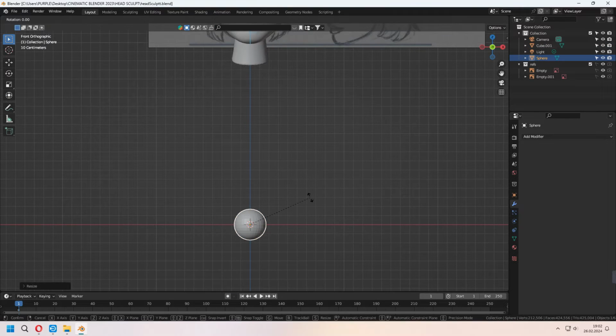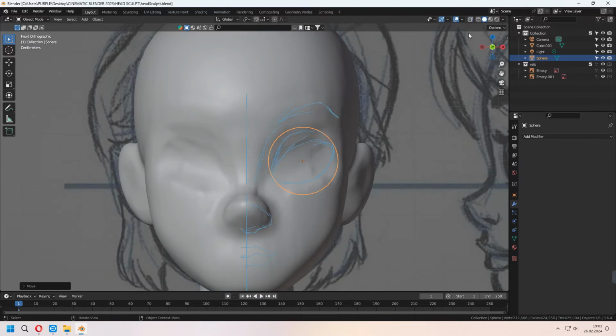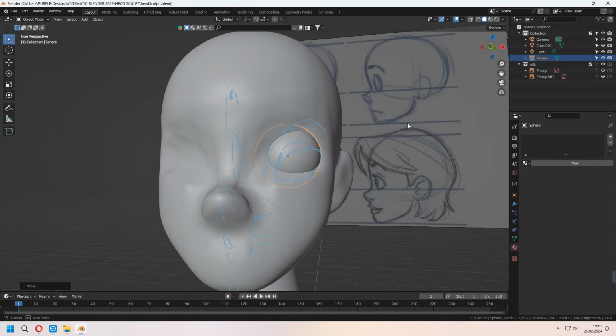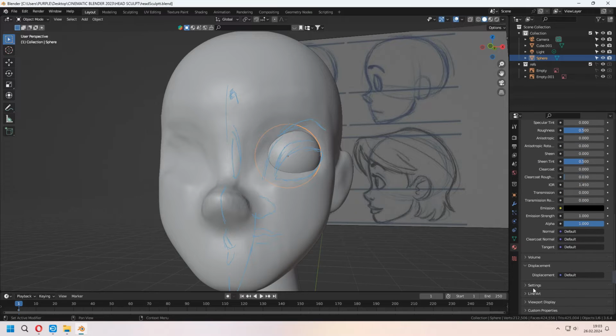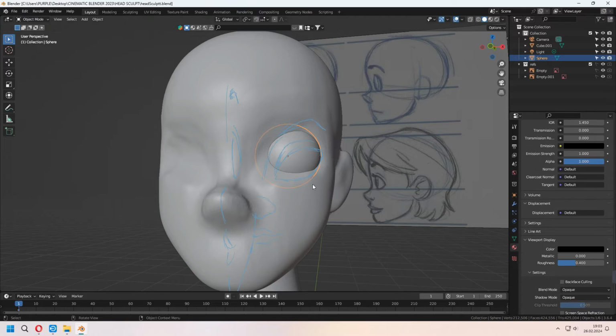You can rotate it in the x-axis 19. Don't forget to shade smooth and place it. After you place it, you can add two materials for these eyes. For the iris part, under the viewport display, you can change its color from here for seeing in the solid